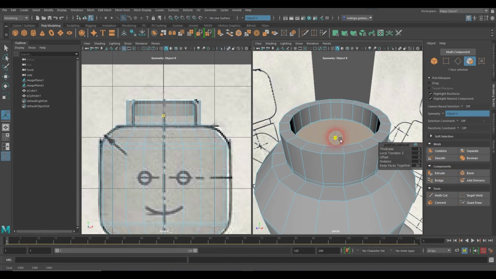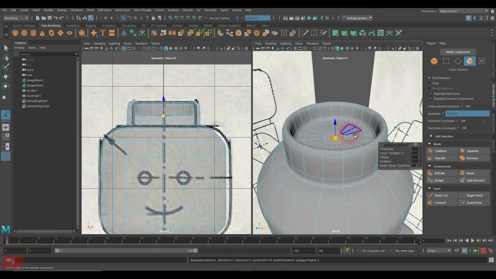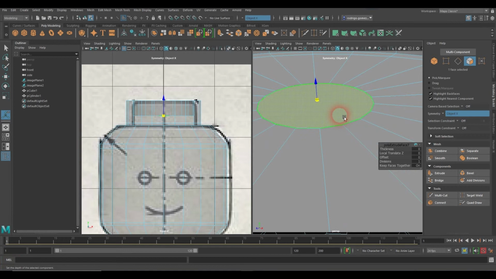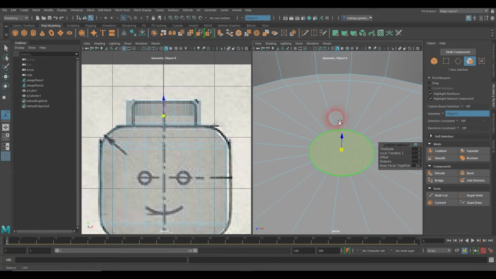And why am I keeping it now in low res? Because if you keep it in high res, you may get to a point that you don't see what's going on. So I'm going to keep that one right there. I'm going to extrude one more time. I'm going to make it come all the way down here. I'm going to press 3 on my keyboard, and this is what you get. So I'm going to get very close to it. I'm going to delete that